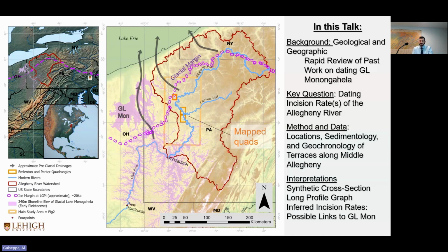To do that, we're going to talk about some geological and geographic background, including a rapid review of some recent work on the dating of Glacial Lake Monongahela. The key question we're addressing is, of course, reading the incision rate of the Allegheny River. Then I'll walk you briefly through my methods and, most importantly, my new data that I'll be presenting on mapping the terraces along the middle Allegheny River, and then some interpretations and possible, shall we say,